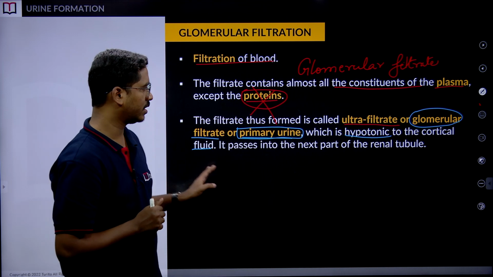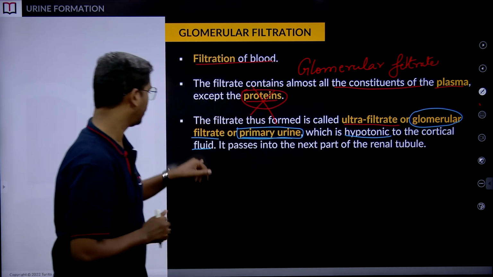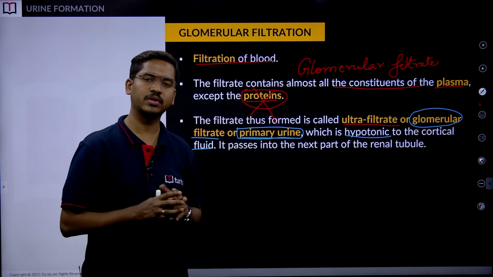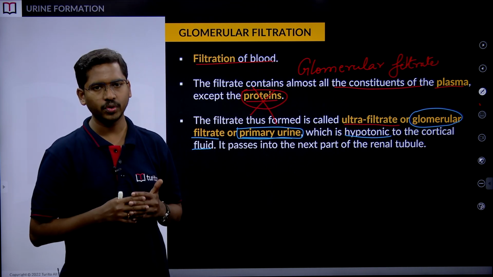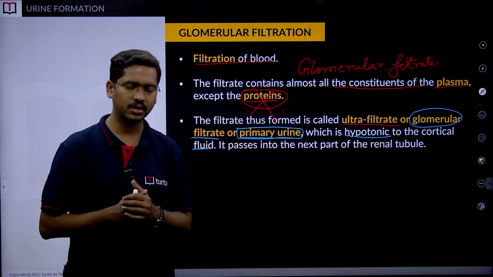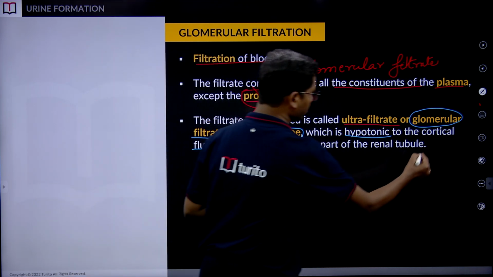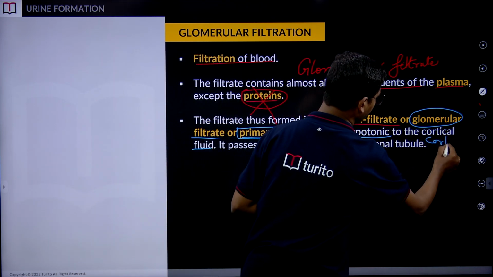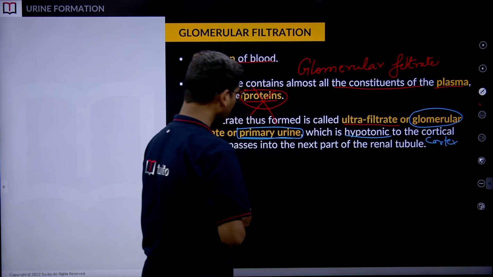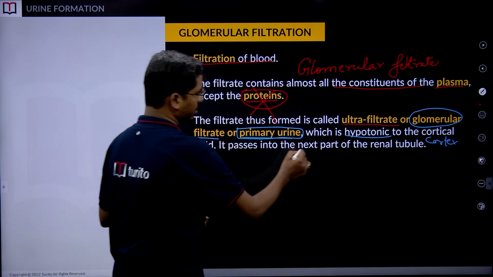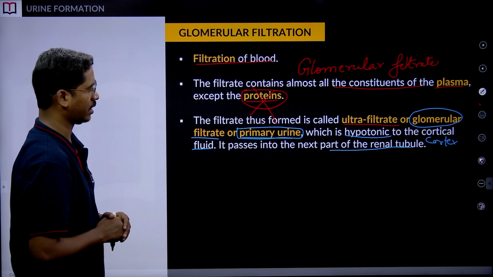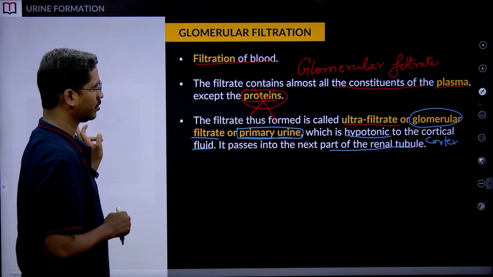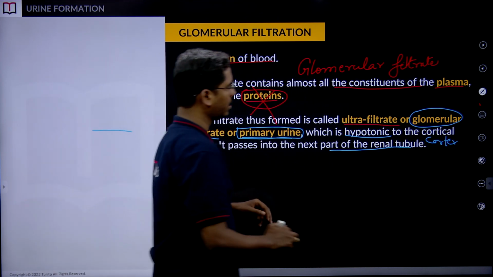That is why it is mentioned here as cortical fluid. Okay. So, it passes into the next part of the renal tubule. That is what we are here to look at. Now, when you think of the renal tubule,